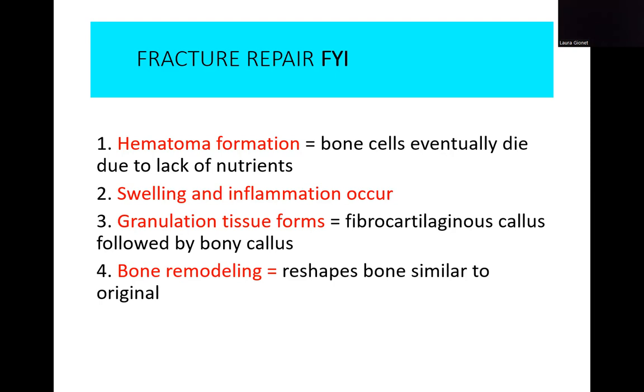If it's reset well, then there's not as much new bone to lay down. But it goes from a cartilaginous callus to a bony callus, and then your osteoblasts and osteoclasts are going to work in there to build up the bone and then kind of sandpaper it, like taking a nail file to it and getting it as smooth as possible,